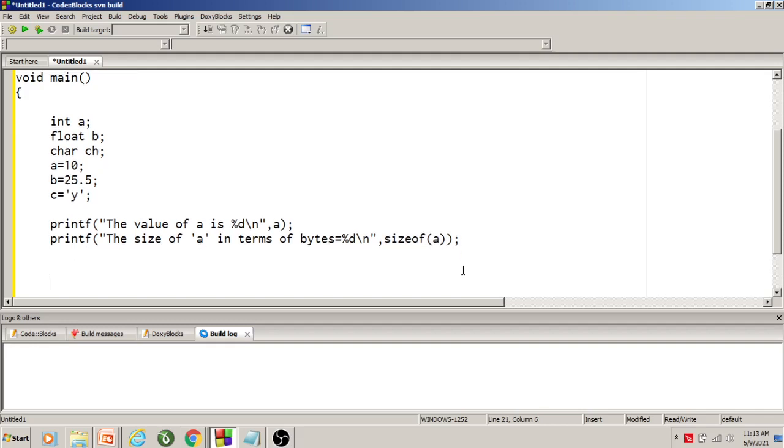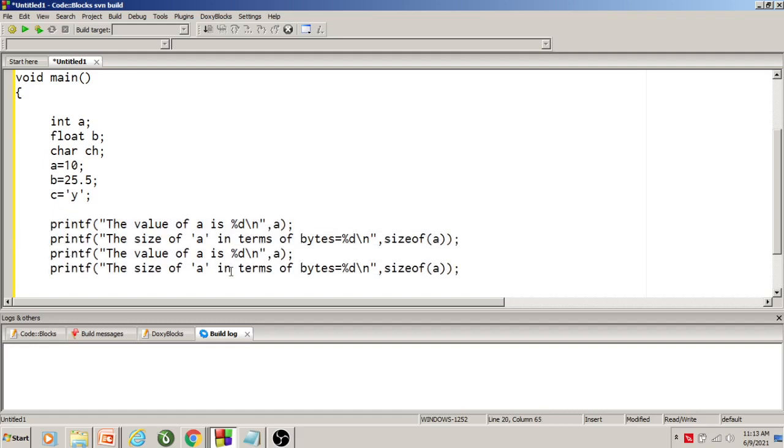Similarly, I want to know the size of other variables. So I write the value of b here, and I want to know the size of b, and here I pass b.